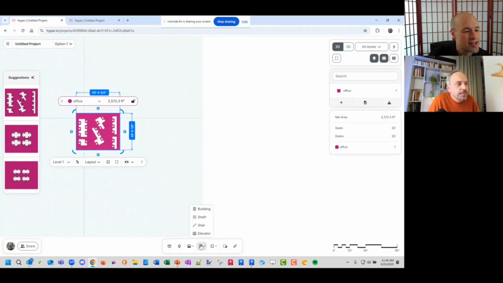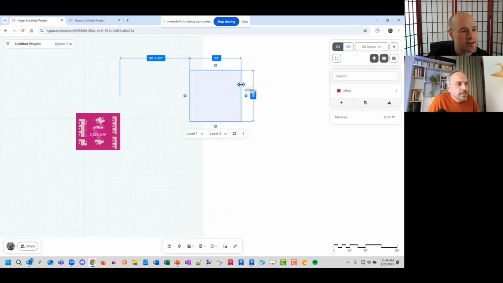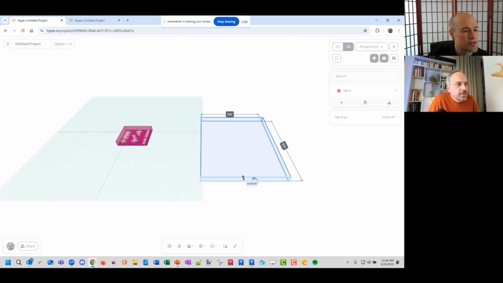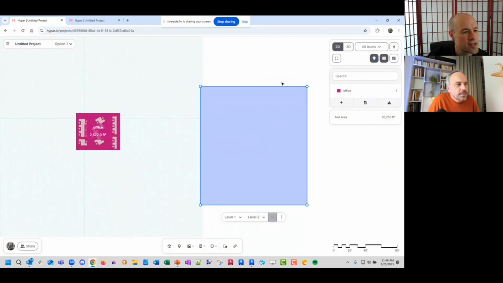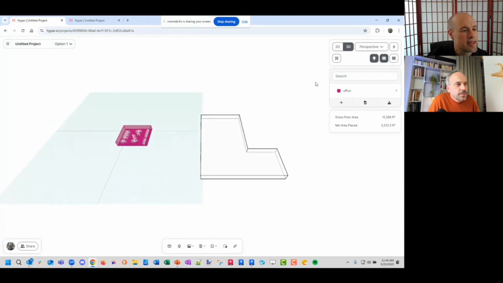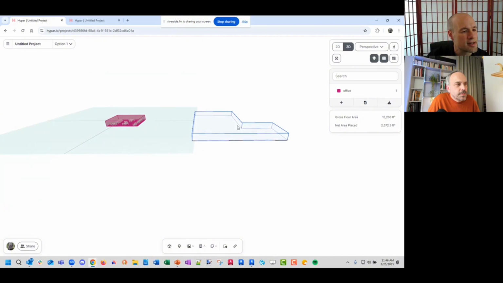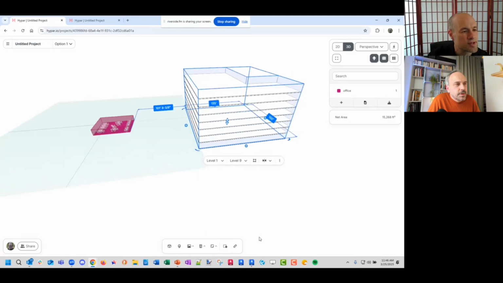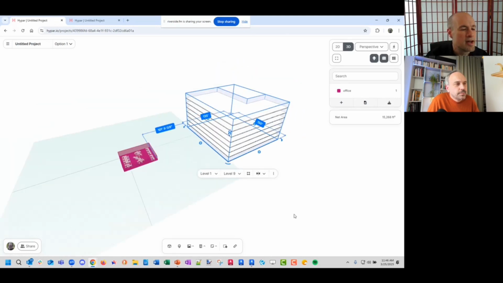But also, you could start from creating the building. If we go into 3D here, let's give it a funny shape. Maybe we're doing some kind of L-shaped building, and then maybe it's not one story. So let's select that and grab this and make it several stories. And so there we go.